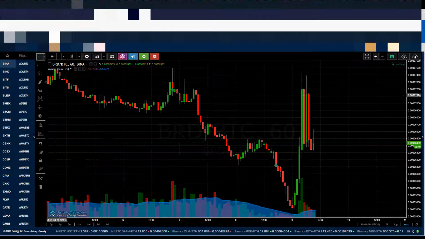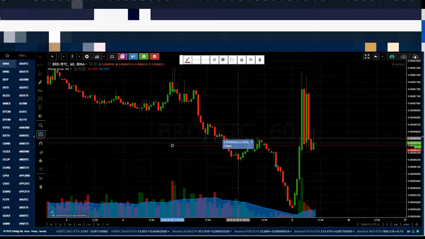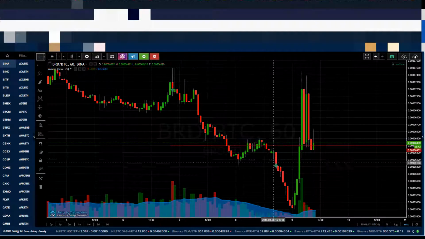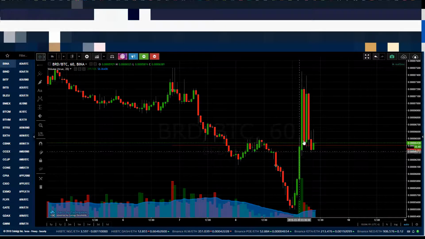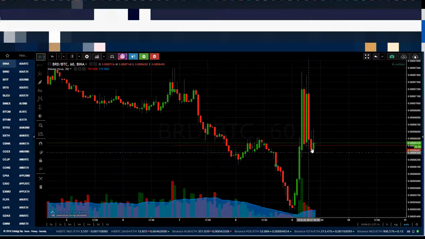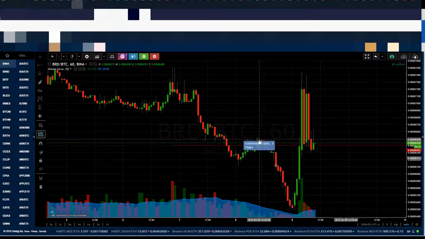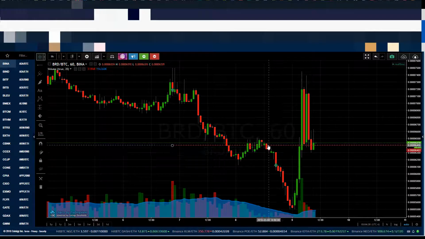trapped, okay? So if I use a ray here, we go to the middle here, capital's been trapped in this range here, right? So when it hits this range, you're starting to see some rejection, and you're starting to see some interesting price action, because think about it. If you bought here, right? If you bought here and it goes down